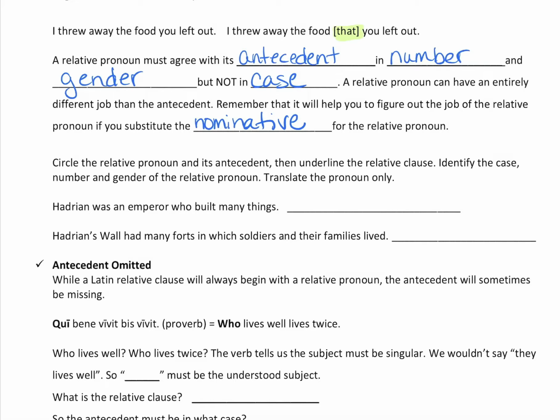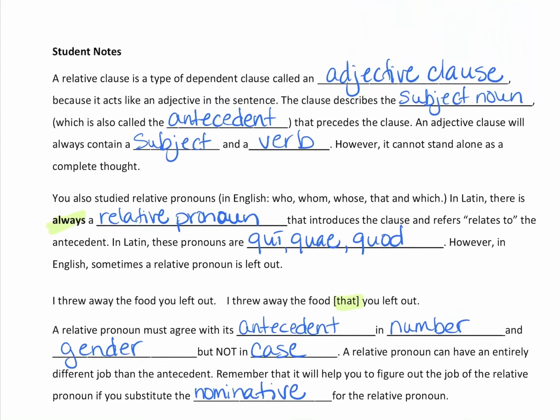So, what is our relative pronoun? Remember, it's the who, which, that kind of thing. It's pretty obvious. It is the who. Now, who does the who refer to? It can't refer to anything built many things, because it comes before the hand, and the antecedent is always, remember,